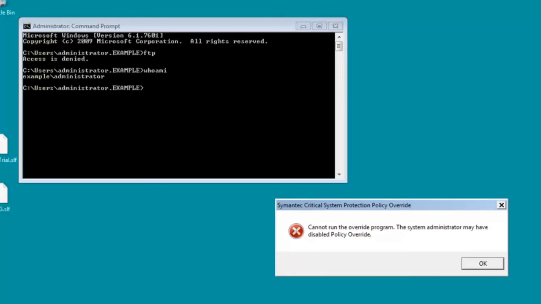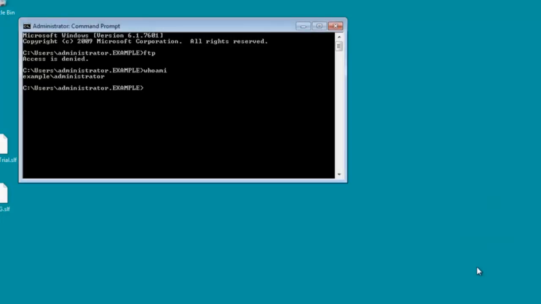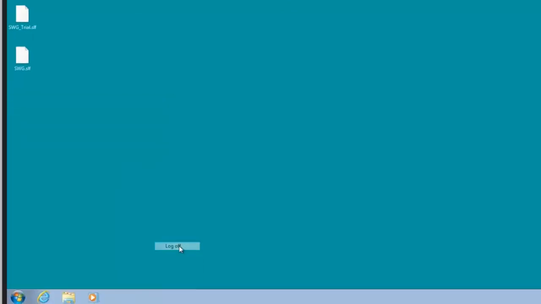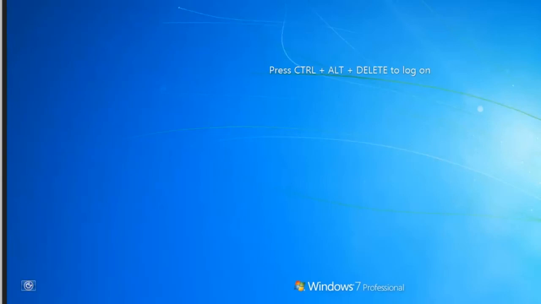I'm not a compliance expert, but I'm led to believe that PCI requires that you protect the cardholder data, even maybe from someone with administrator privileges. Well, this is how you do it. Now I'm going to back up here and show you something else. I'm going to log off as the system administrator. It's actually a domain admin account. And I'm going to log back into this machine